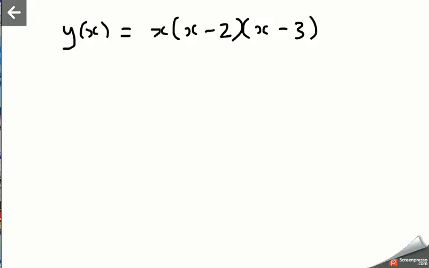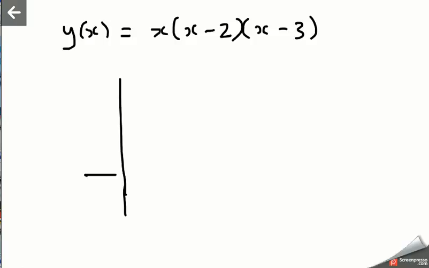G'day, in this video we're going to do an example where we make use of the second derivative test. The function we're going to use in our example is the function y of x equals x times (x minus 2) times (x minus 3). And when you draw the graph of y of x equals x times (x minus 2) times (x minus 3),